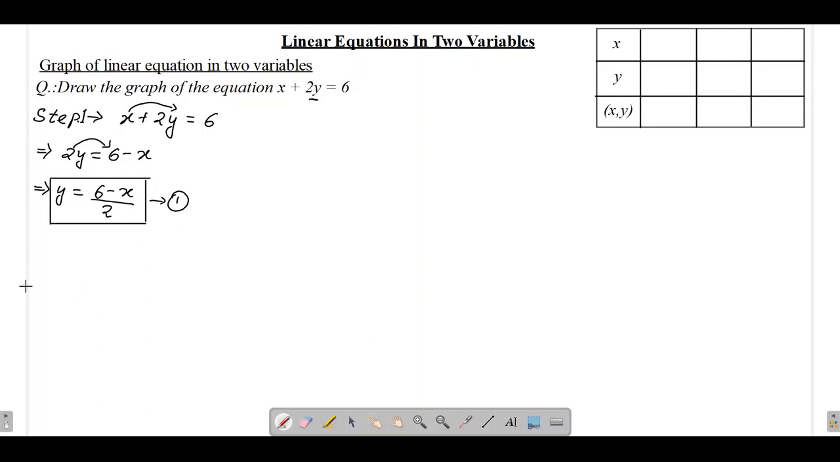Now what to do? We will find three different solutions of this equation. In the previous lecture, we learned how to find the solution of a linear equation in two variables. So we'll use the same procedure over here. But while finding the solution of the equation, we will take care of two things. The first one is that we always put integral values